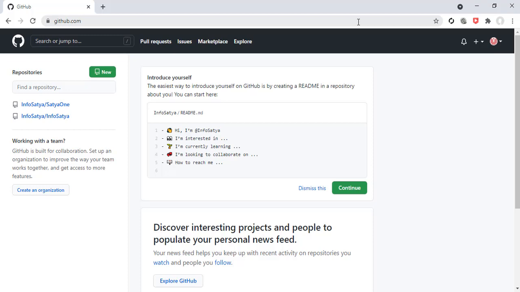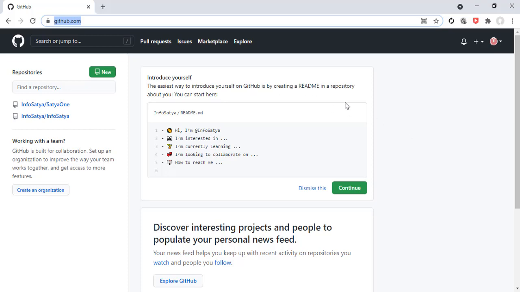After successful creation and verification using your 6-digit verification code through your mail ID, you will get the interface as you see now after the successful login.